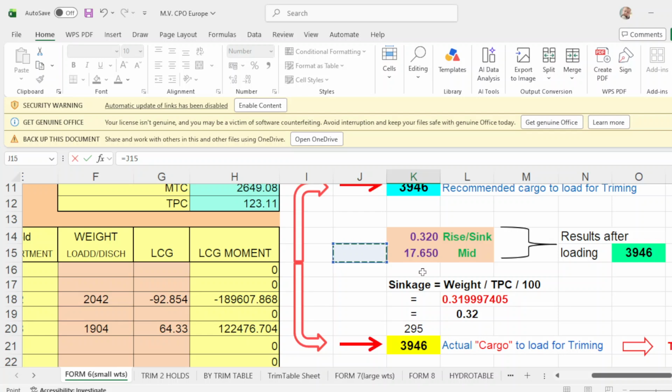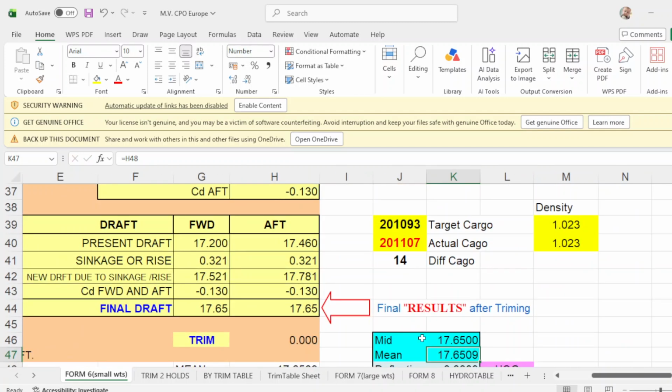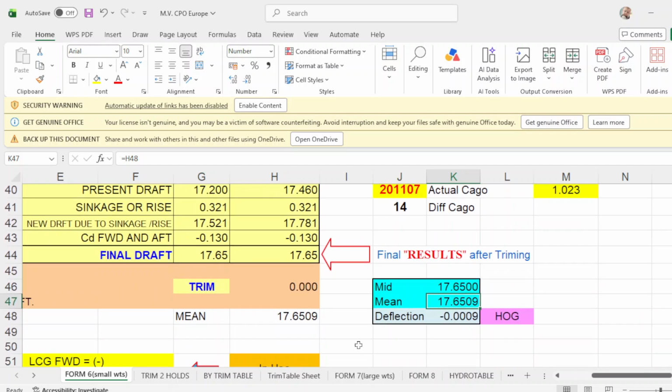Okay, sorry, then there it goes, and your main drop is equals, and this is your main drop. Okay, and there you go, you have a 0 deflection.